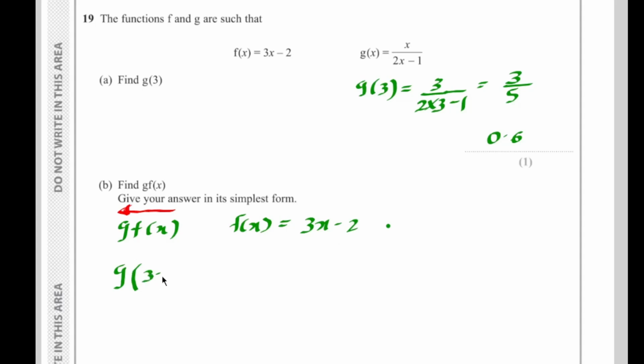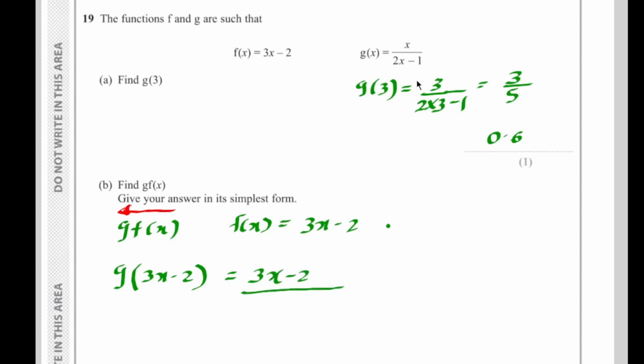So g of 3x minus 2. The meaning of this is that all the x's in g of x are to be replaced with, instead of x, 3x minus 2. So let's replace all the x's of g of x: now I don't write x, instead I'm writing 3x minus 2